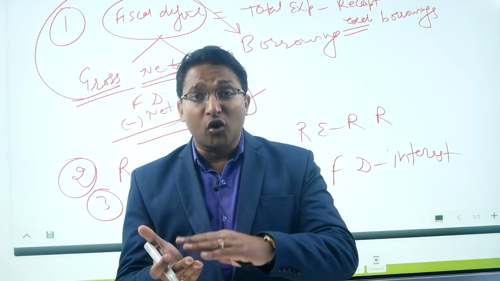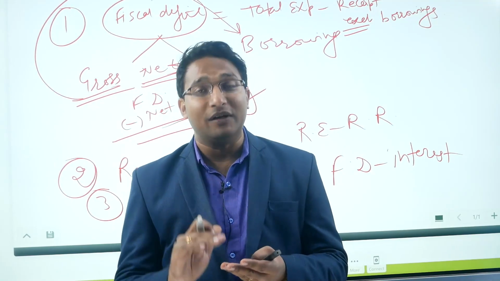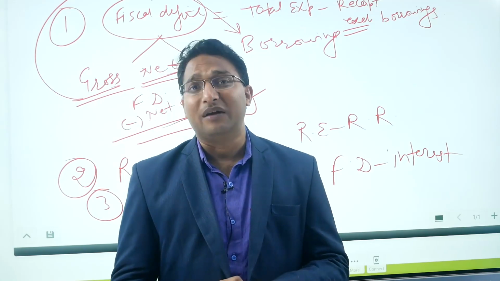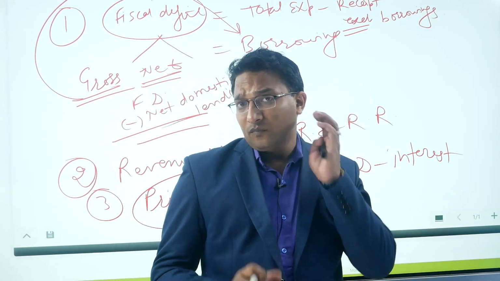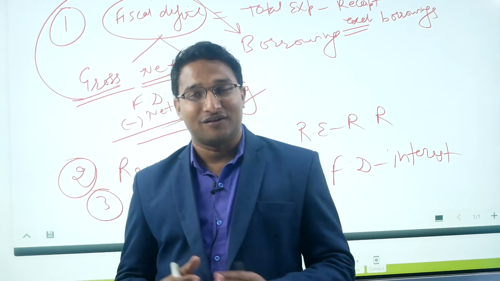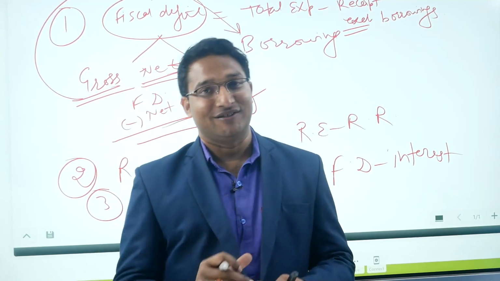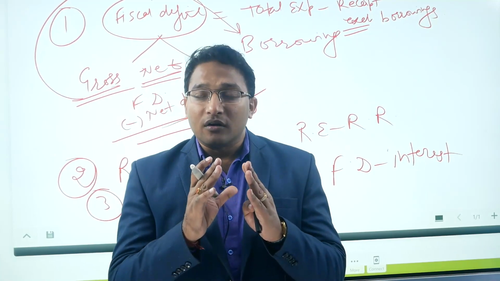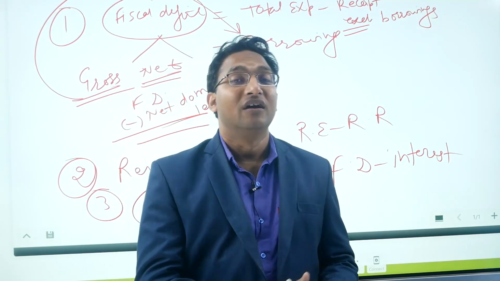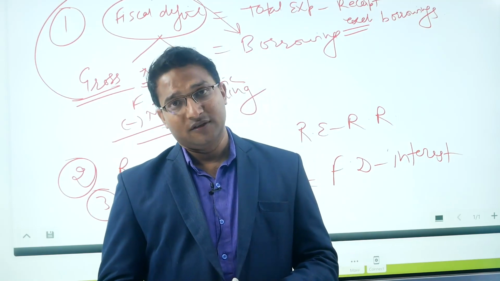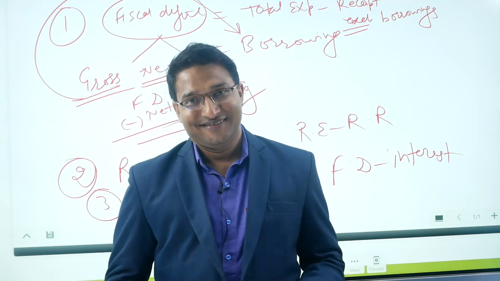So the economists say that expenditure can be more than receipt maximum up to 3% of the GDP. So 3% of the GDP is the acceptable limit. And out of this 3% GDP, the economists say that the amount should go for the capital expenditure, for asset building, because this asset building will benefit the future generations, right? So having a deficit is not a bad thing, but this deficit should be because of the capital expenditure. This should not happen because of the revenue expenditure. This is one thing. Now, what are the adverse impacts of the deficit?